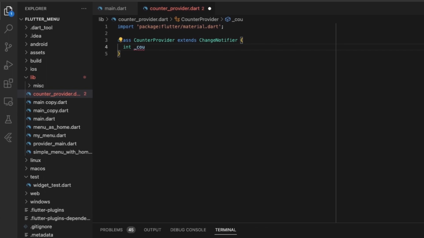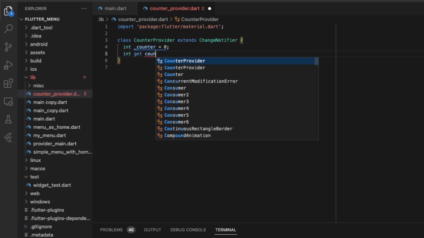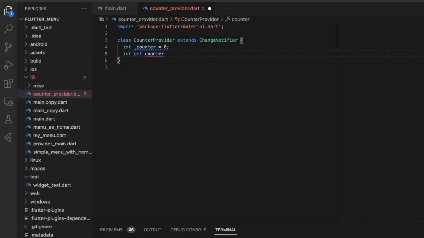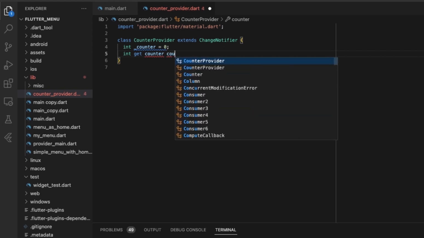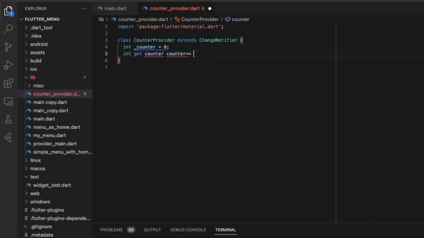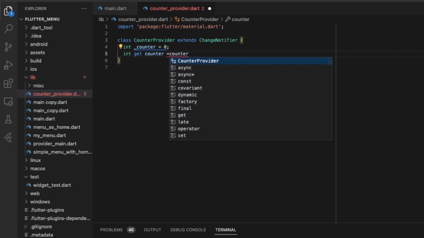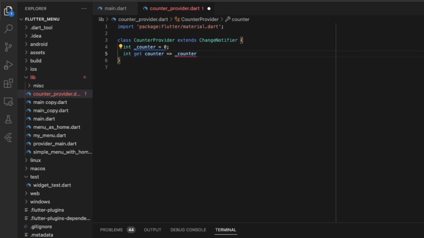So here we will declare a private property, or a variable, counter, and next thing that we will do is that we will declare a function to get the value of the counter. So this private, we will get the value in the private variable or private property,